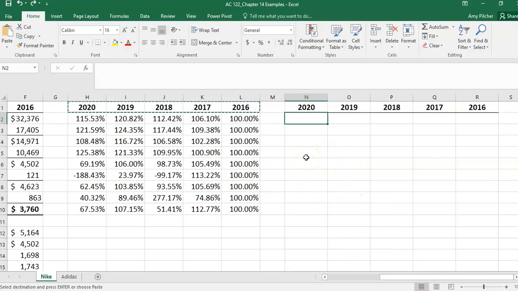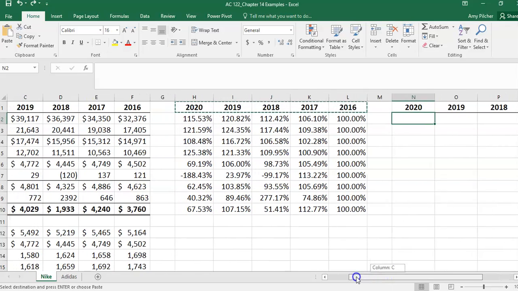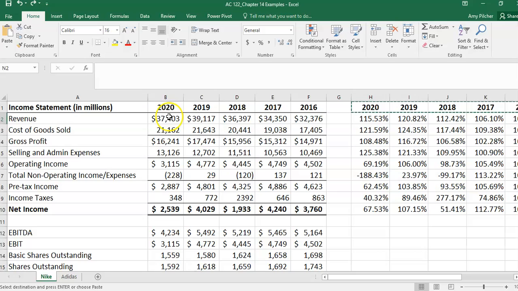In a common size statement, we look at everything in relation to a set amount. So for example, we look at everything vertically or up and down versus the trend where it's across. On an income statement, our 100% line is revenues. So in an income statement, we are looking at everything as it relates to revenues. On a balance sheet, it is everything to total assets. So our 100% line on an income statement is revenues or sales, and on a balance sheet, it is total assets. So we would take revenue